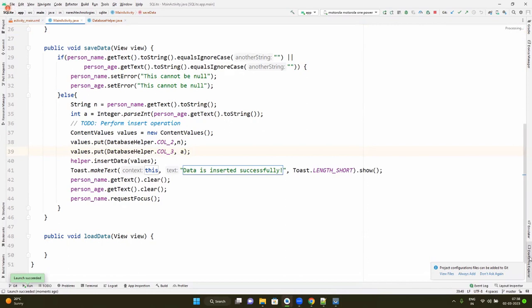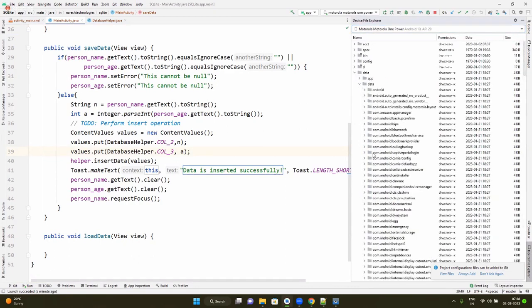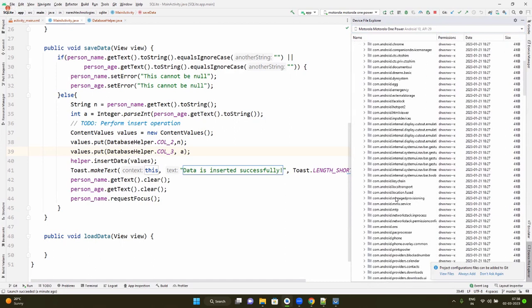So where are these details stored? To see that, you can jump into Device File Explorer. For internal storage, what is the path that we did follow? And for shared preferences, what is the path that we did follow? We jumped into data and then again opened data, found out,